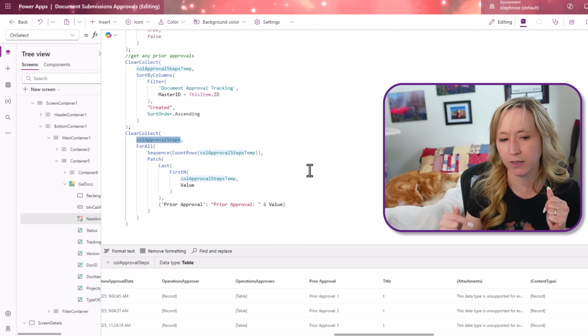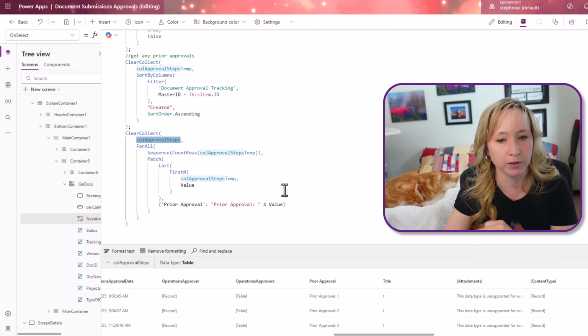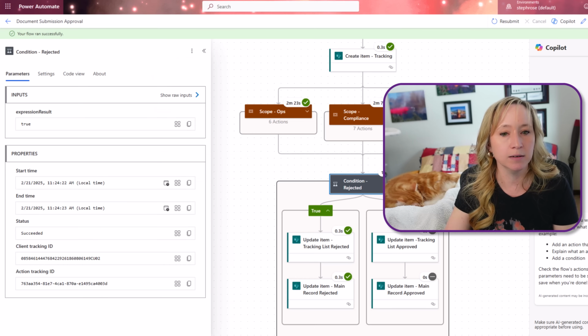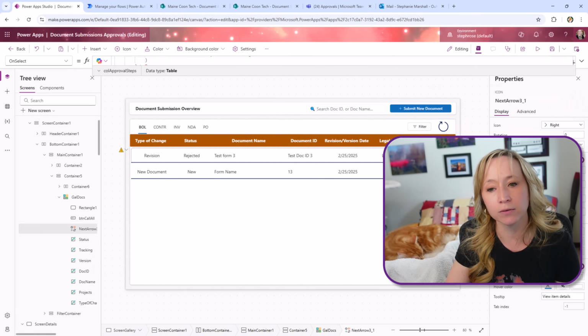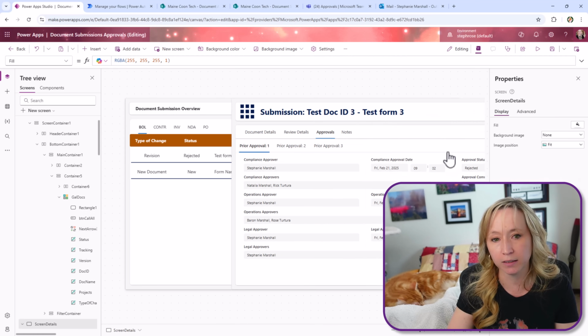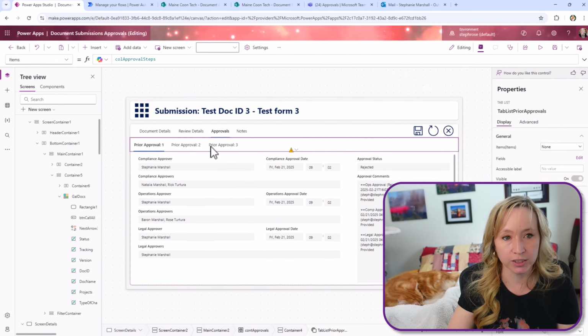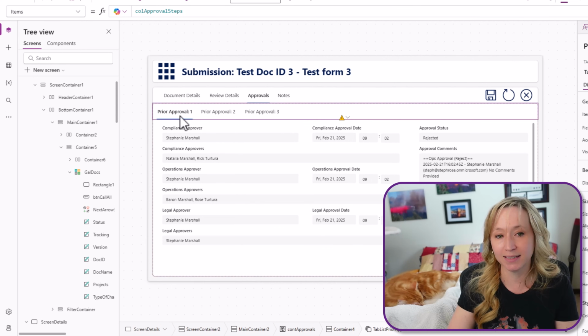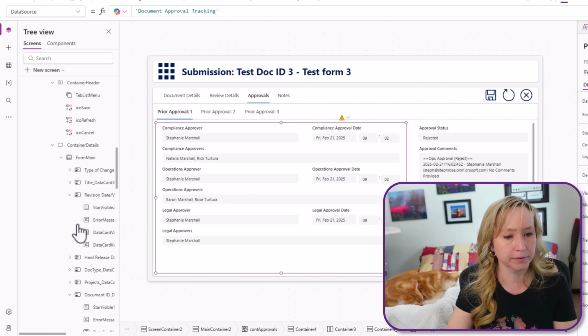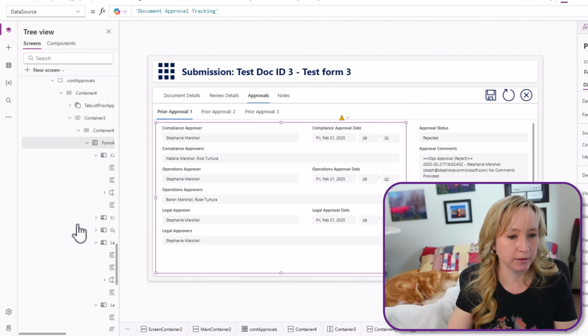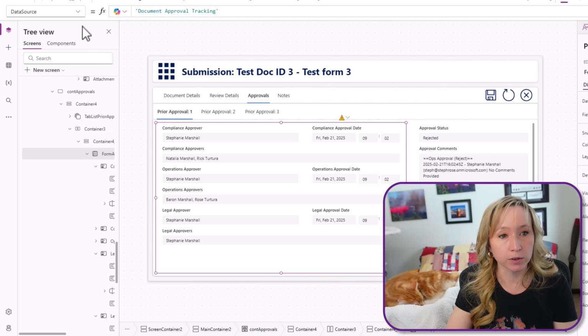Let me know in the comments if you have any questions about this. Today's video was just about the flow. So then if we go back here, we're going to minimize this. So on the gallery selection here, we're creating that collection, and that collection gives us these titles here for our tab. And then here within the app, I'm going to scroll down,